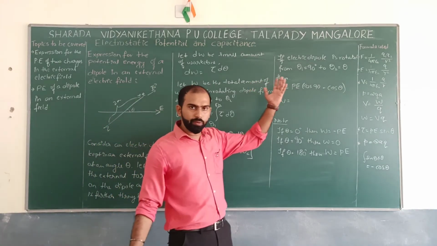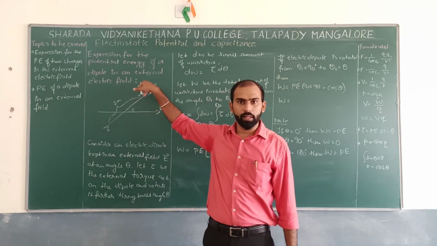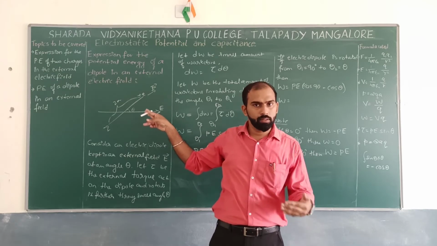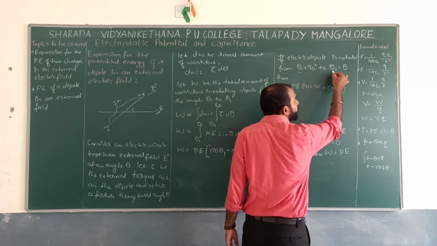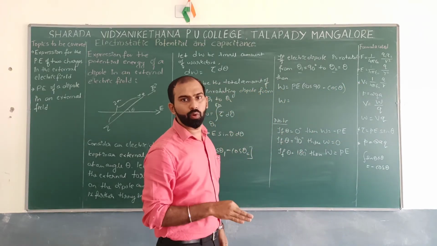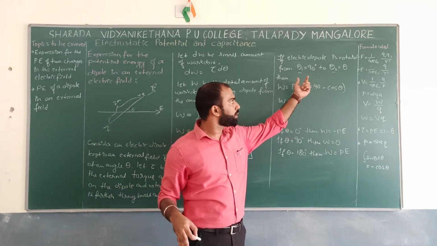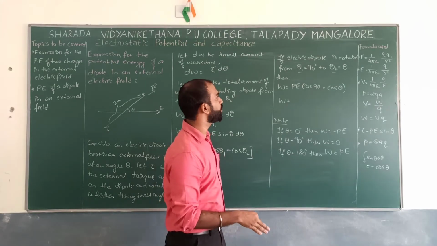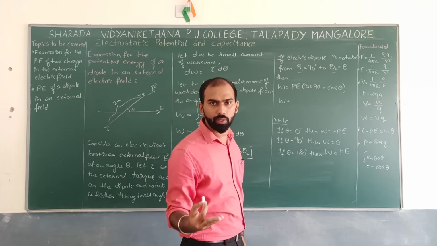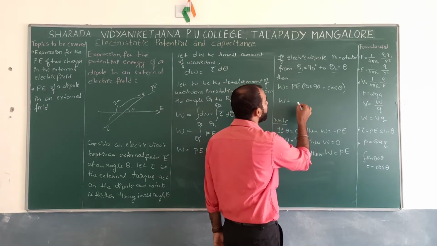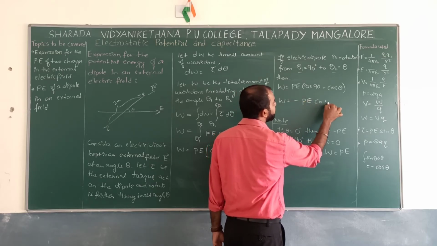Now, for example, if I make theta 1 as 90 degree and it tends to move towards 0, for the time being I have taken theta 1 as 90 and theta 2 as theta over here. So theta 1 can be replaced by 90 degree, and cos theta 2 can be replaced by theta over here. So cos 90, what is the value of cos 90 I can expect? 1 into 0, that is 0. So this can be obtained as minus PE cos theta.